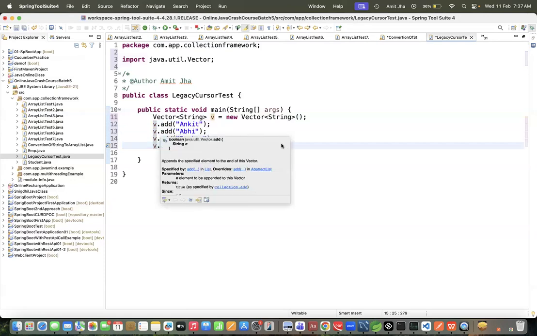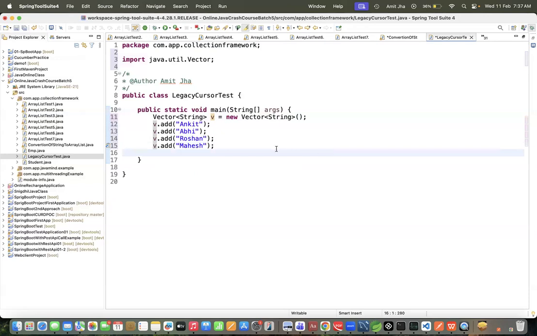Now see how we can read these objects. I'm commenting something, writing so that you can understand what it does. Read the data by using Enumeration.